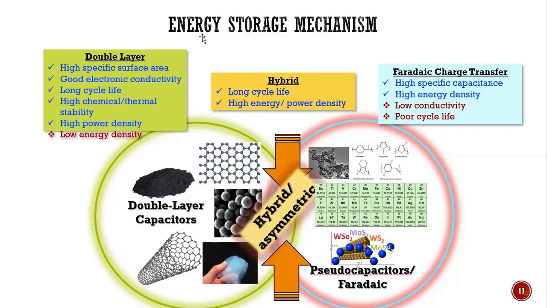So this is the energy storage mechanism. How can a supercapacitor store energy? In a double layer capacitor they have high surface area, good electronic conductivity, long cycle life, high chemical and thermal stability, and high power density. But in Faradaic charge transfer, like in the pseudocapacitor type, they have high specific capacitance and high energy density, but low conductivity and poor cycle life. But in a hybrid device, when we choose